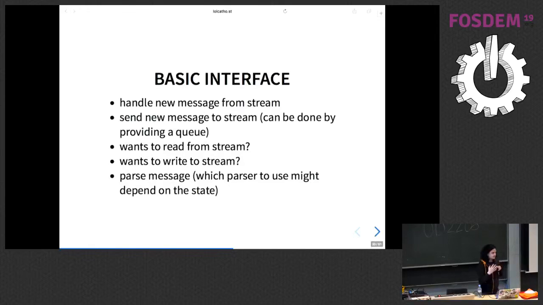The state machine should also have a way to indicate to the IO layer how to behave. Like, okay, maybe I'm receiving a lot of data on this socket, but I don't want to read data from this socket. So I will just tell it, now I want to read data. No, I don't. And maybe if the IO layer sees that there's too much IO coming and we don't want to read anything, it will just drop the connection because there's something wrong with the protocol. We can do something like that.